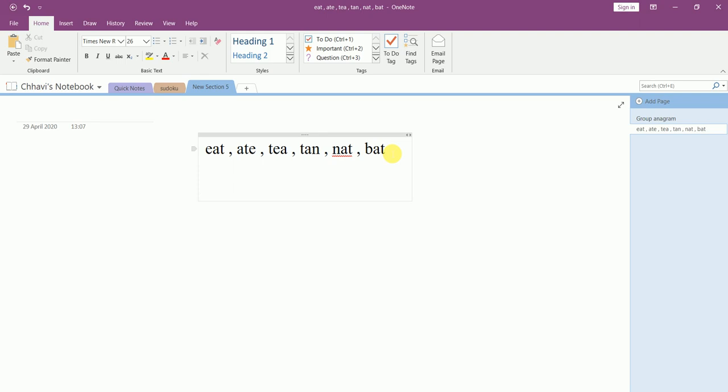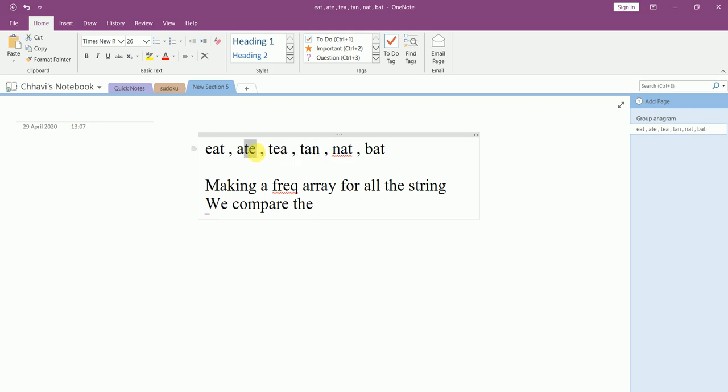But if we think of making a frequency array for all the strings, and then comparing it with the frequency of the other n-1 elements,